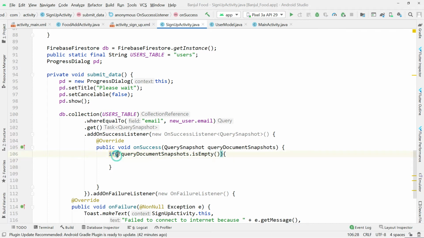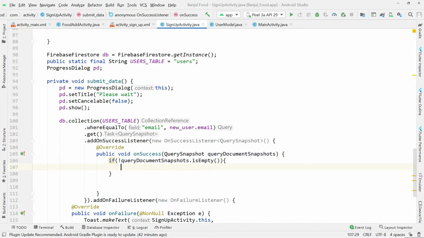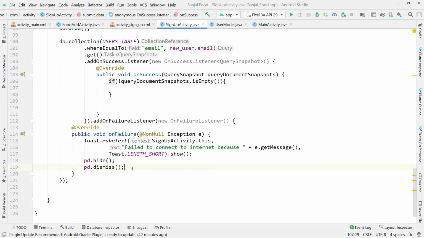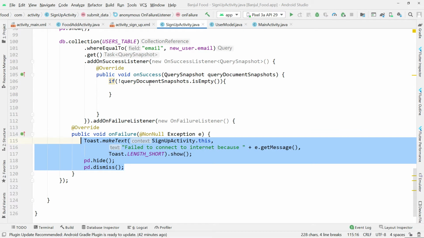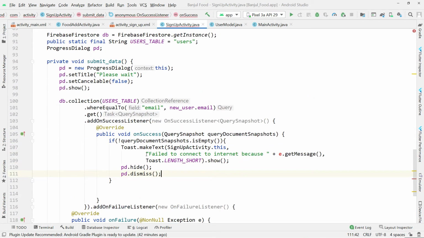Make sure that you don't go beyond here. Otherwise, if you don't return, then it will be pointless. So after you pass this level, you know you're good to be registered. Now we have to get your ID. To get the ID, it's going to be newUser.userID is equal to